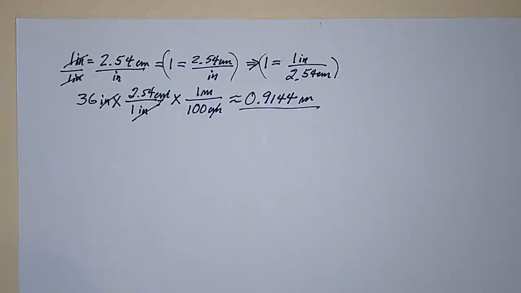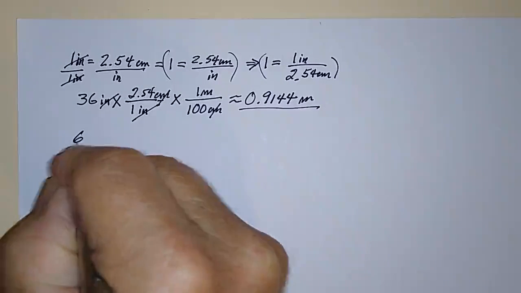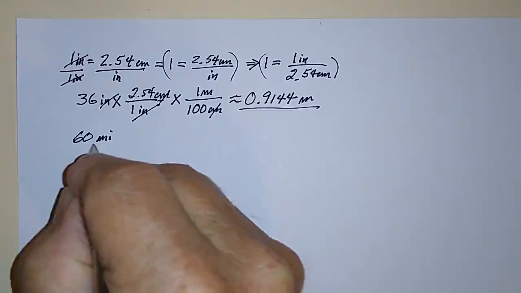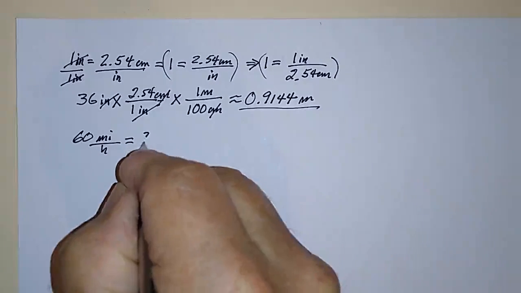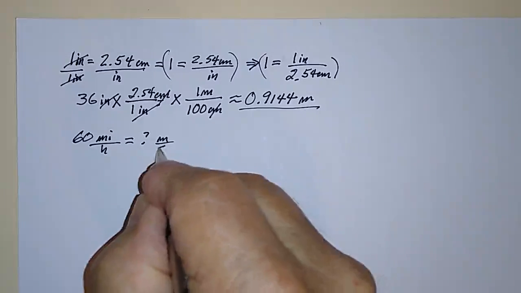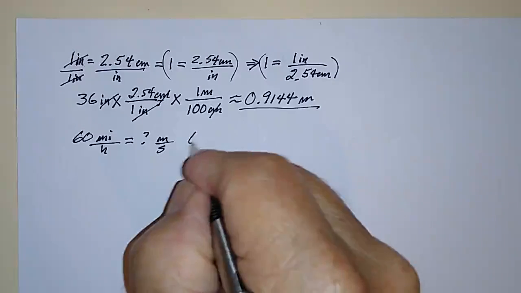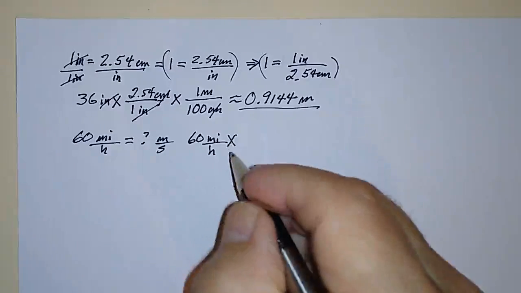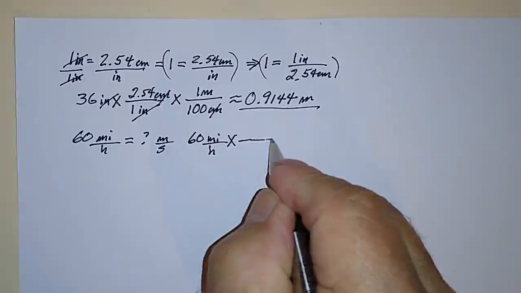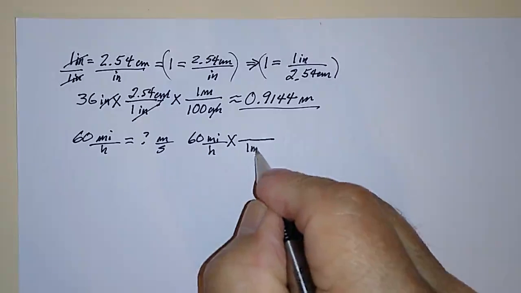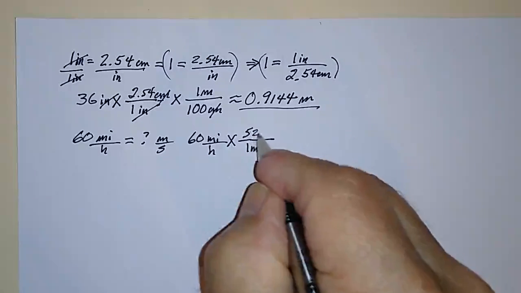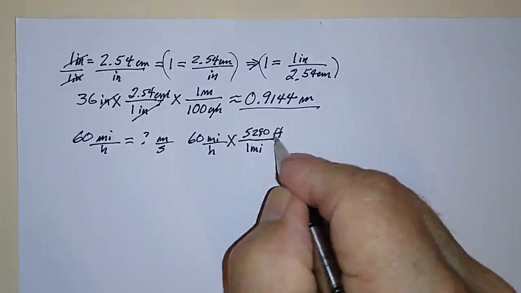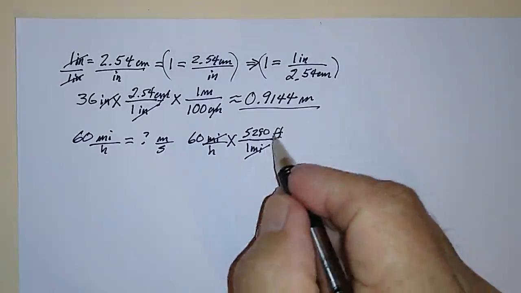Let's take another example. Let's say we want to know what 60 miles per hour is in terms of meters per second. In other words, 60 miles per hour is equal to how many meters per second? Well, here's the way we would handle that. 60 miles per hour. I'm going to start multiplying by 1 things that I know. I know that 1 mile is equal to 5,280 feet. So I can cancel out the miles. Now I have feet per hour